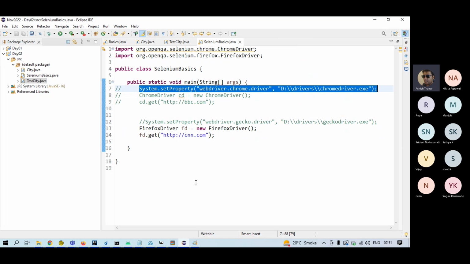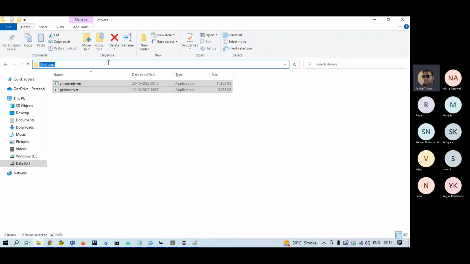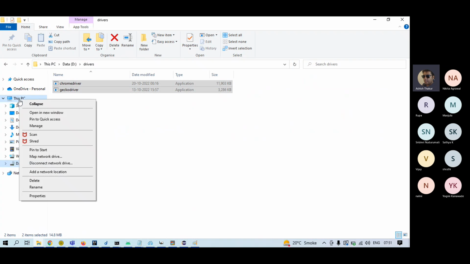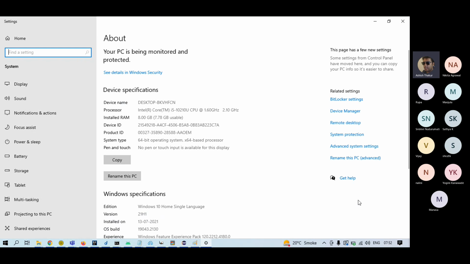It's very simple. You need to put the exes of the browsers at one location. Copy the location and put it in your system environment variables. In Mac, the process is different to put it in system environment variables. In Windows, it's a little different. In Windows, you can just go to My PC, go to the properties, and you will see